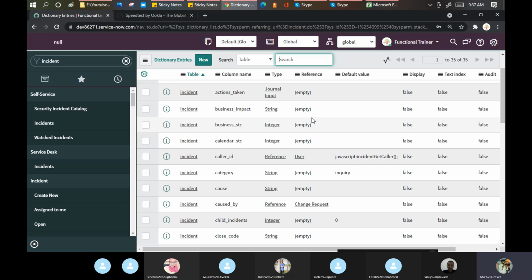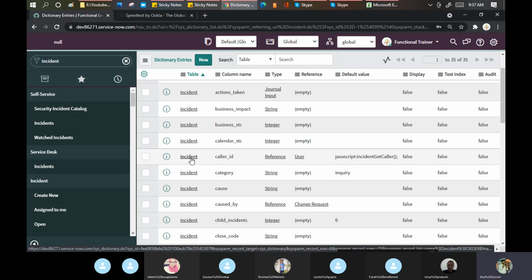A simple point: suppose I am getting something from my father through inheritance, all the good religious things, good religious books, good things to be learned, good points and good words to be remembered. These things are like the dictionary which I am inheriting from my father, because I am extending that table. Okay, so let me open this Caller ID here.